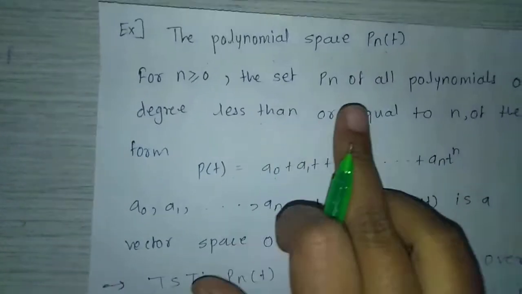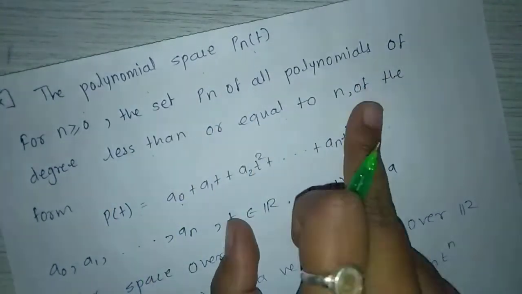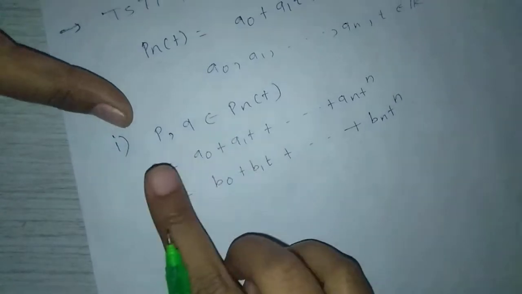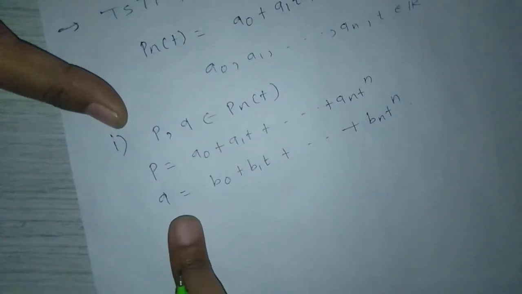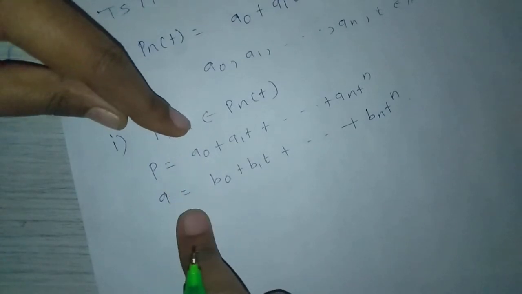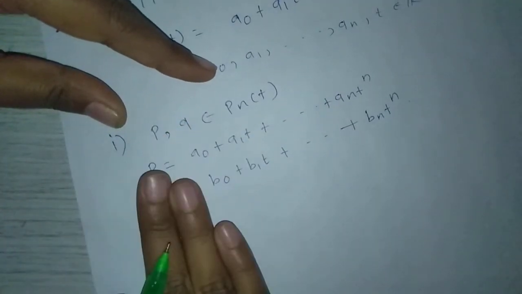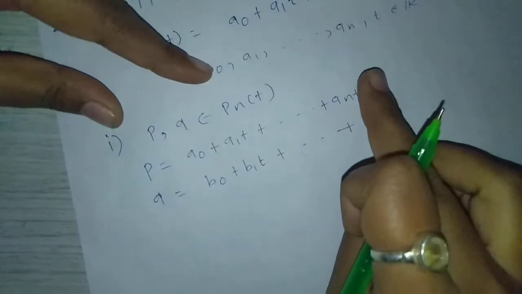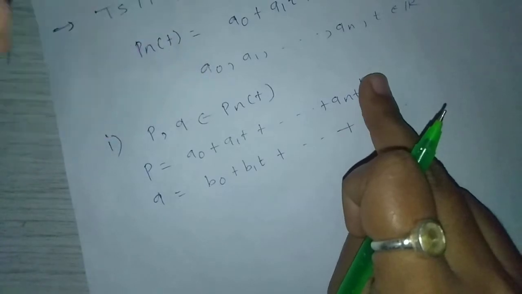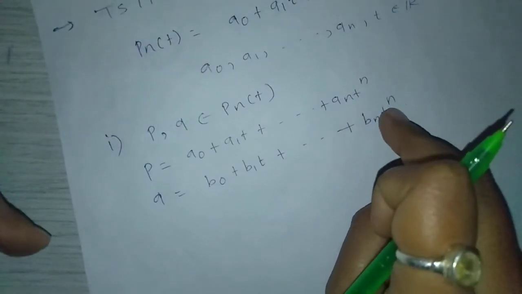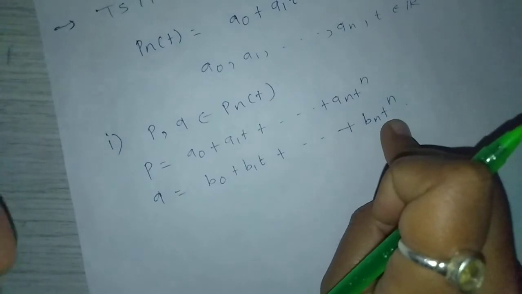आता इथे काय सांगितले? Pn of t is the set of all polynomials of degree less than or equal to n. Means p ची डिग्री n पण असू शकते किंवा n पेक्षा कमी पण असू शकते. सिमिलरली फॉर q, ह्या दोघींची डिग्री सेम असेल का? नाही, ती मे बी डिफरंट पण असू शकते. आता त्यासाठी ॲडिशन होल्ड होती का ते बघायचं. आता तुम्ही म्हणाल इथं पण n घेतलं, इथं पण n घेतलं, म्हणजे डिग्री काय झाली? सेम. पण ह्या n ची व्हॅल्यू वेगळी असू शकते, याची 2 असू शकते, याची 3 असू शकते. तरी काही प्रॉब्लेम आहे का?